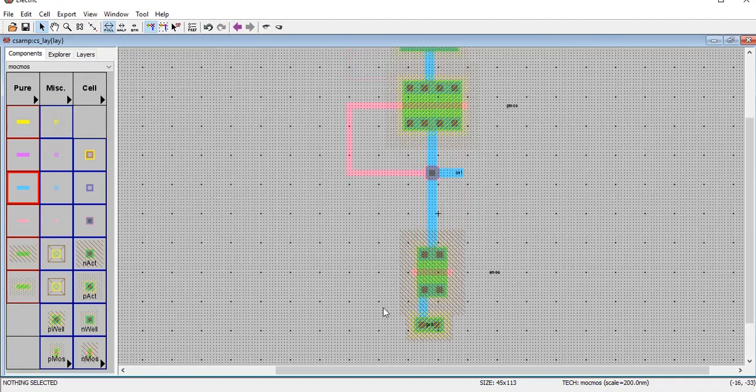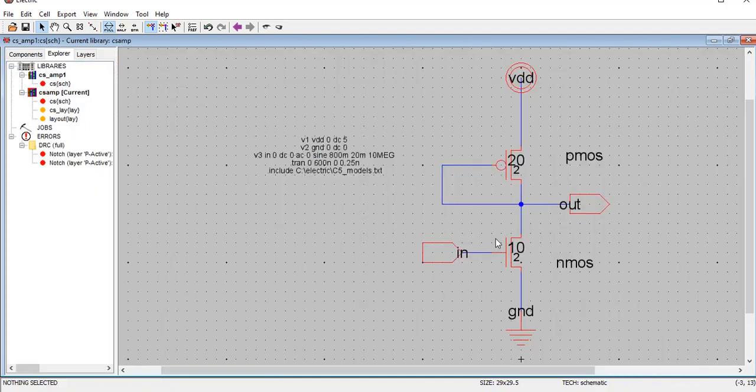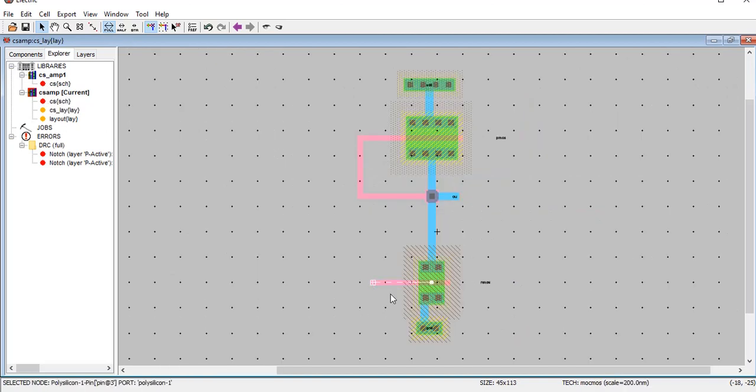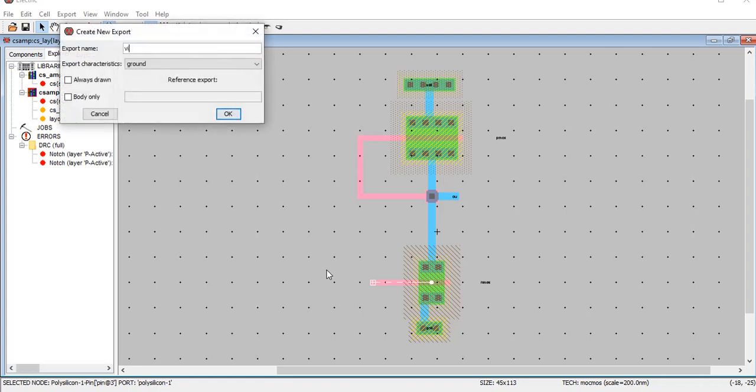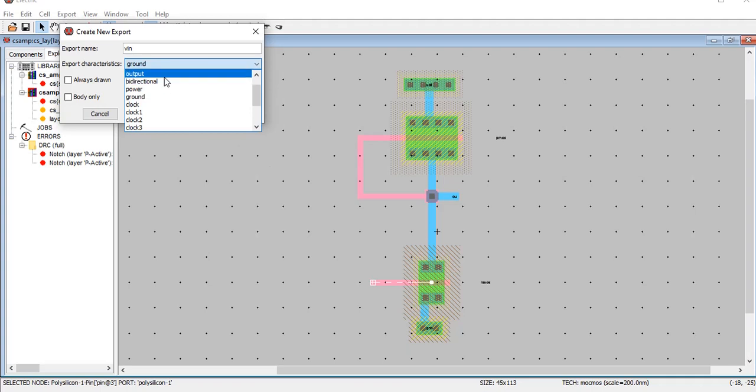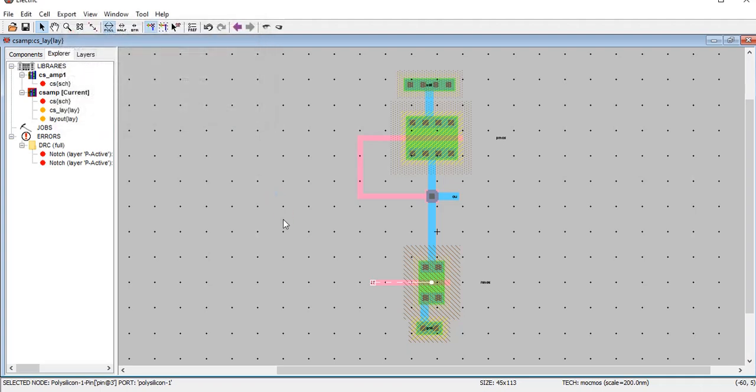And where is that input you are going to give? The input is given to this gate. Remember, you can see here the input is given to the gate of the below MOSFET, that is NMOS, and the same thing I am going to do over here. Here, control E, Vin, and the characteristics is input. So this is the structure, and of course I need to be bringing them close enough.